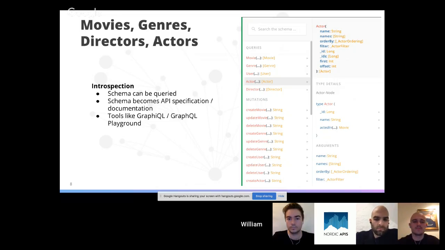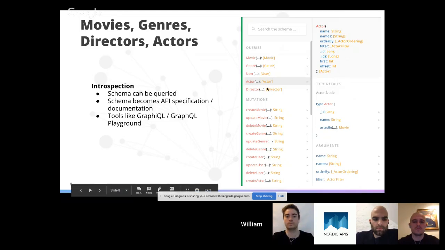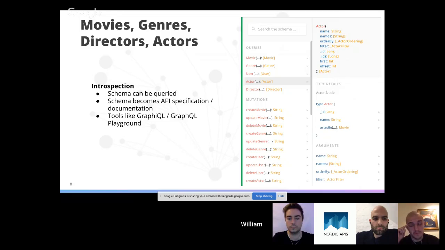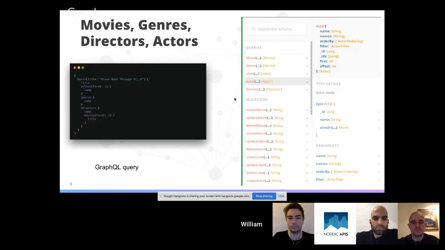So we can see the entry points. So here we have queries and mutations. Queries and mutations are the entry points for our GraphQL service. Queries are the reads, mutations are essentially the writes. But we can also explore the different types and the fields available on each type, all as a result of